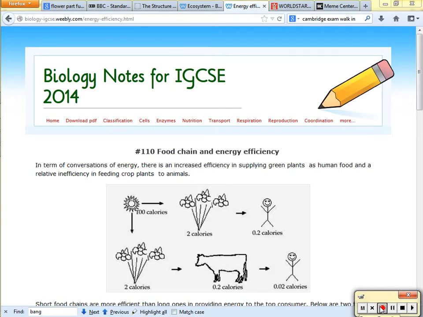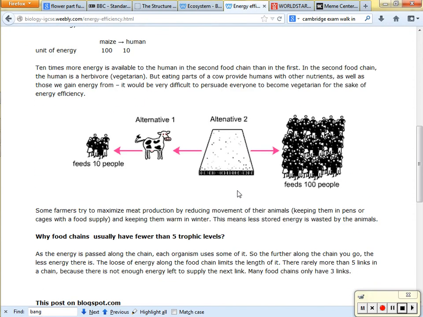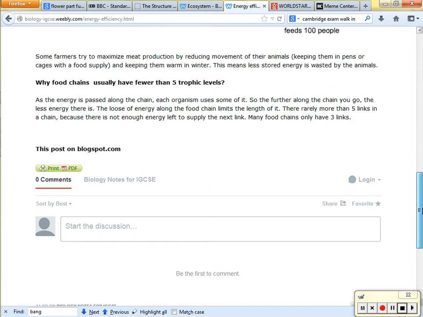So just to elaborate on the efficiency thing, again, every stage drops how much energy is available. So an example from this site, if we have, let's say, a field of grass, that field of grass could feed 100 people, or it could feed 1 cow, which would only feed 10 people. So every time you add a step in between the source and what you're going to eat, you lose that much. So you lose 10%. If something ate the cows and we ate that, we would only be able to feed 1 person.